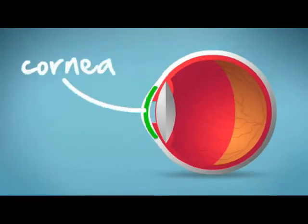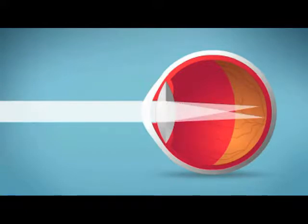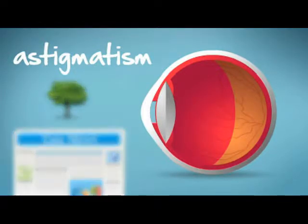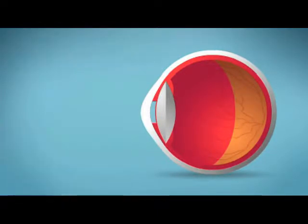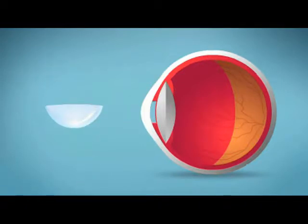Many eyes also have an irregularly shaped cornea, which is the clear part of the eye's surface. When this happens, light rays can have several different points of focus. This is called astigmatism, which also causes blurry vision. If you want to know more about common causes of blurry vision and about vision correction options such as eyeglasses, contact lenses, and refractive surgery,